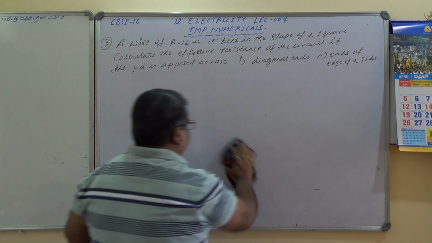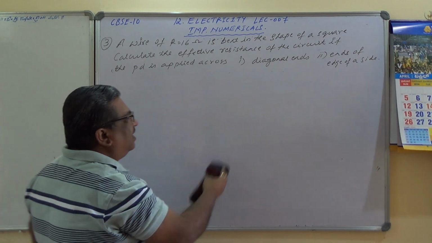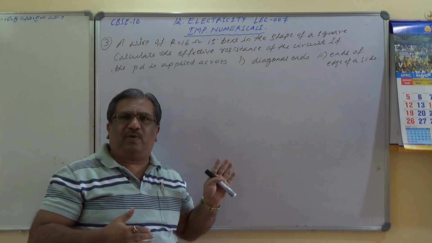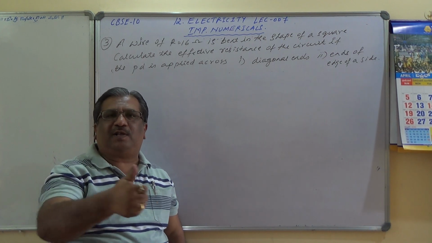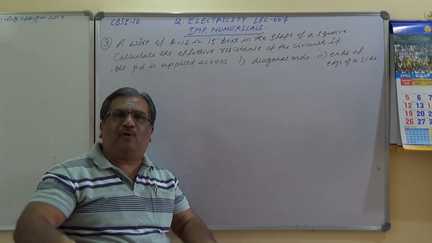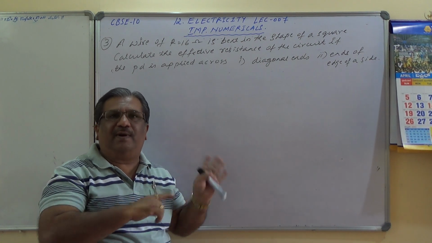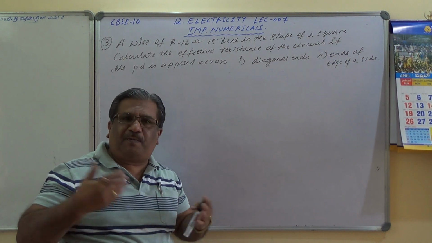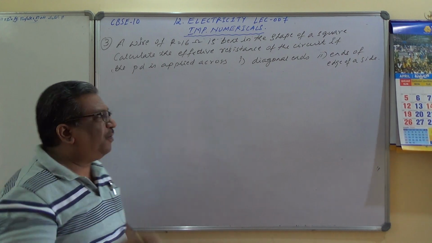See, I'll try to take shortcuts over here. Detailed writing will take a lot of time. If I take shortcuts, I'll be able to discuss more and more numericals. I'll be explaining a lot, but writing very short, limited content, so that you'll understand. Please focus attentively. Otherwise, writing each and everything is consuming a lot of time. I have still about 30-40 numericals to be discussed. I hope you understand that.